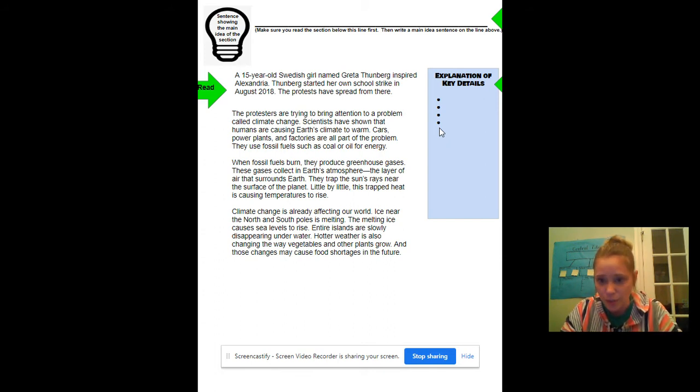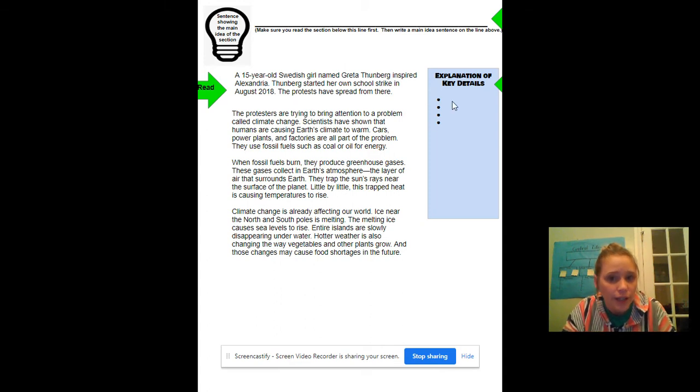So what are you going to put there for each of the paragraphs? Are you going to put just important words? No, you're going to paraphrase each paragraph into a key detail, and you're going to put it there. So since there's 4 bullet points, I should see 4 key details there. All right, and they don't have to be in complete sentences, but they do need to be thoughts, not just single words.